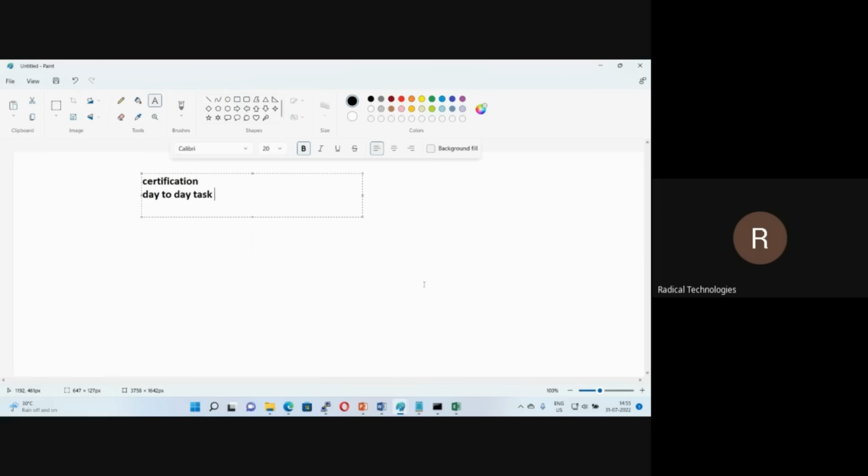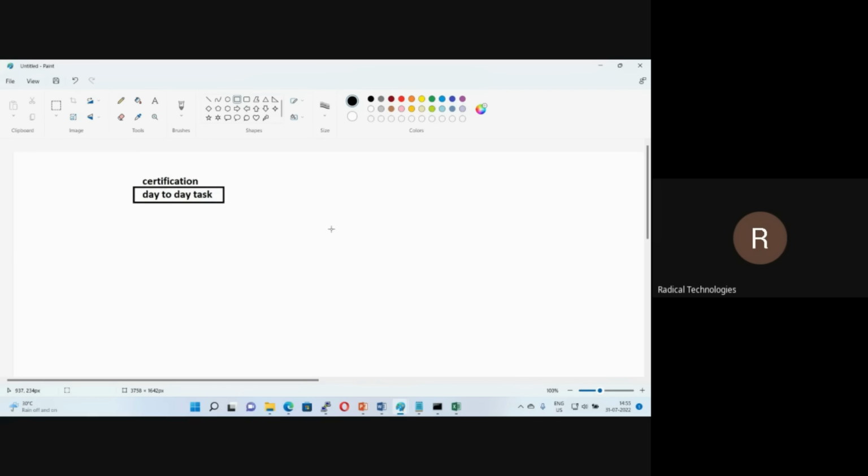Guys, let's say you have 4 years of experience, or a 4 or 5 year gap, or you want to just go with Linux. If you are going for an interview, they will ask you, yes, you have 5 years of experience in Linux, but what day-to-day tasks do you perform in a 9 hour shift? So I am going to give a list of day-to-day tasks, so that you get an understanding of what tasks we actually need to perform in real time.